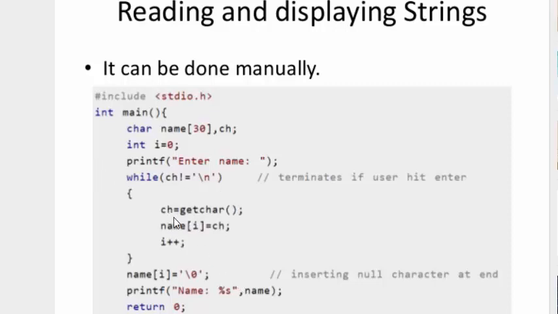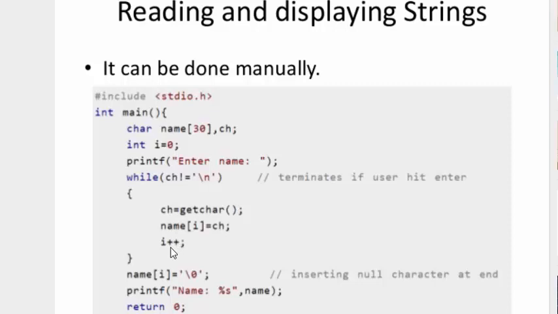So here the ch variable is used to hold the read values. Here we are using the getchar function, that is the inbuilt function we are using to read each character at a time. So this function will read one element. Let's say it has read R. So R will be stored in ch, and which will ultimately be placed at the index value given over here. Since we are starting from i value 0, here at index 0 ch, that means R, will be stored, and the loop will move on for the next iteration.